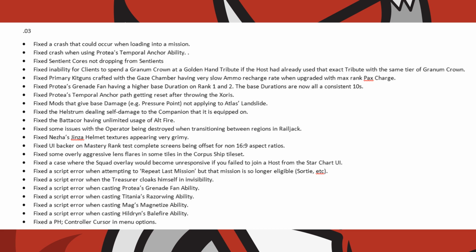They fixed the Hellstrom dealing self-damage to the companion that it is equipped on, the Batacore having unlimited usage of the alt fire, some issues with the operator being destroyed when transitioning between regions in Railjack. They fixed Nezha's Jinzar helmet textures appearing very grimy, the UI backer on the Mastery Rank test complete screens being offset for anyone that isn't 16:9 aspect ratio, some overly aggressive lens flares in some tiles in the Corpus ship